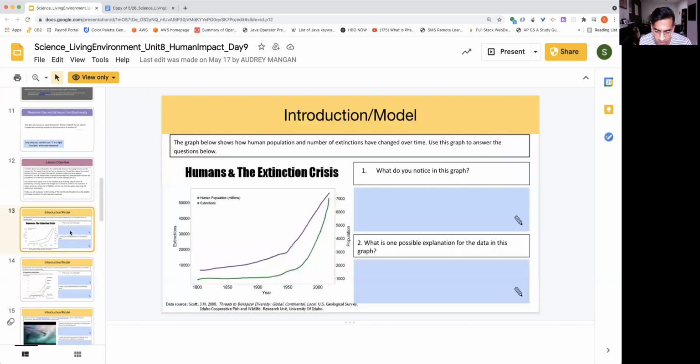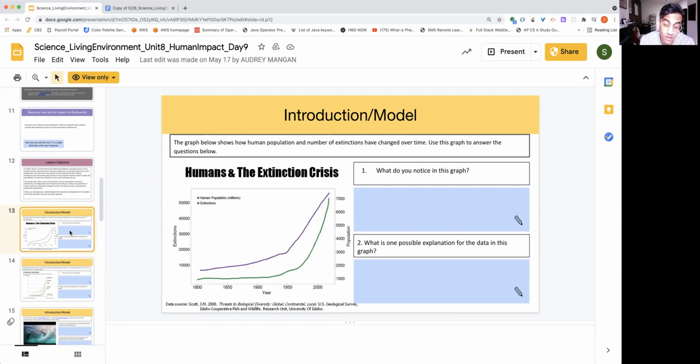If we look at some of the graphs in this, we can see that there is an undeniable connection between the rise in human population and the amount of extinctions over the last roughly 200 years. Going back to 1800 up to the present day, we have a dramatic, almost exponential rise in human population over time. And as that has happened, the amount of extinctions of other species has grown considerably as well. We see that charted on the left-hand side, the vertical or y-axis, while human population is charted on